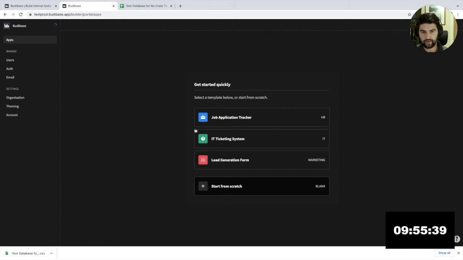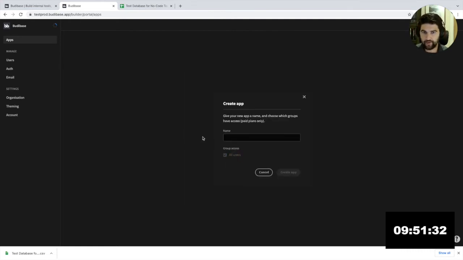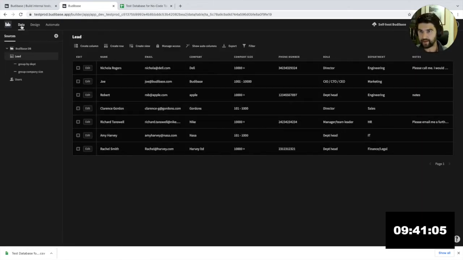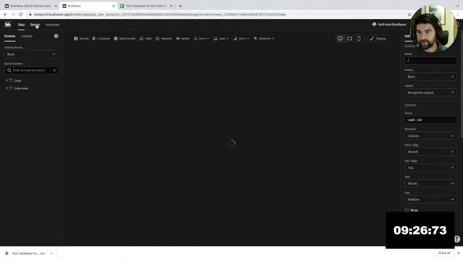The first thing I'm going to do is have a look at an example template, because I know it's a more complex tool, just to get a feel for how you put applications together in Budibase. We've got 3 tabs already. We've got data, a data set called lead, which has a name, email, etc. We've got users. Awesome. Before that, let's check out the design, and then we can delete it and upload